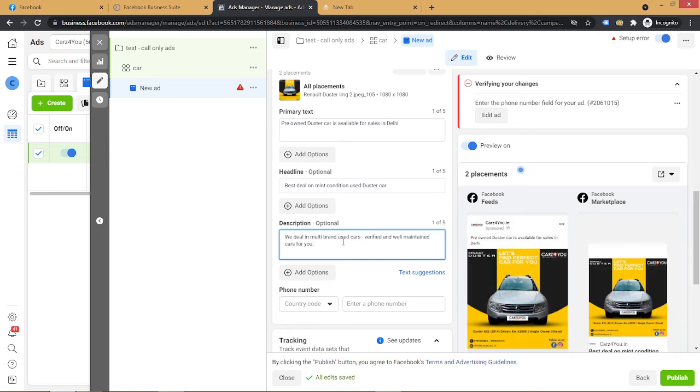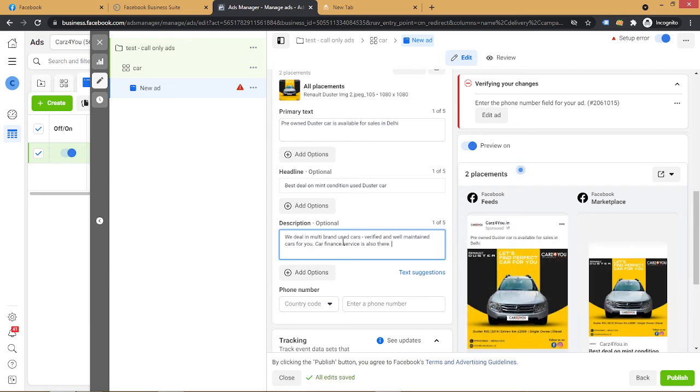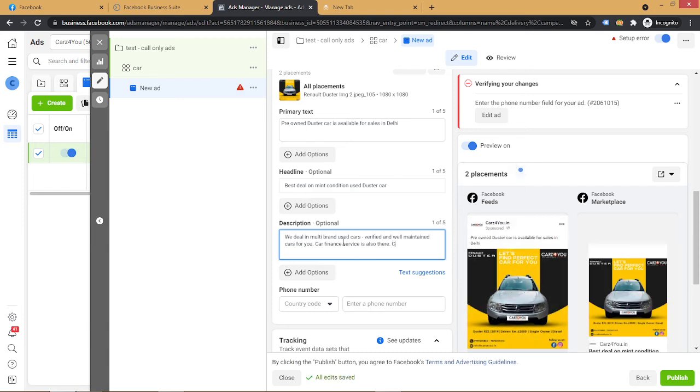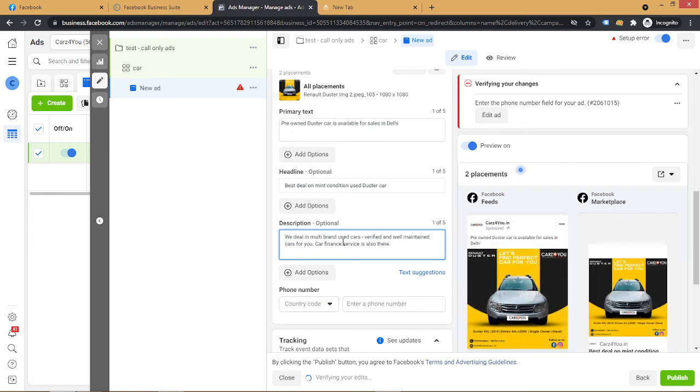And we can say a bit more about our services, like car finance service is also there. Fine. Now we can use any kind of call to action. We can say call us, or book now, whatever suits the business.